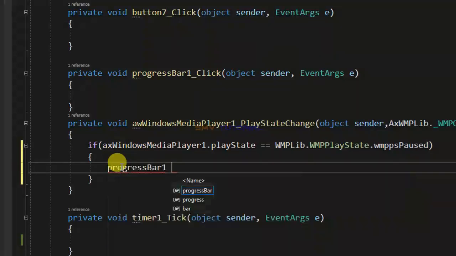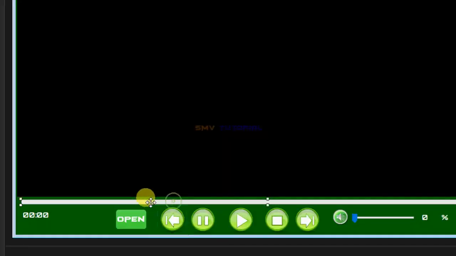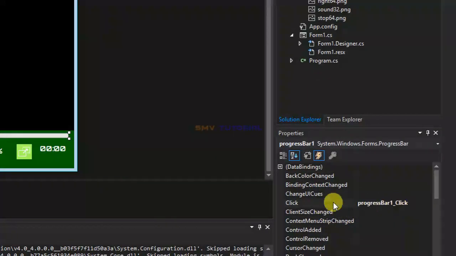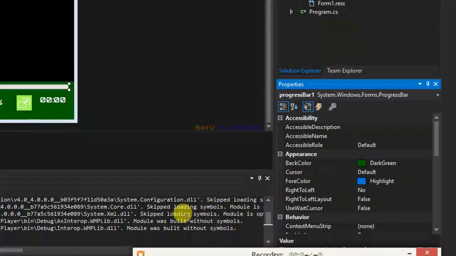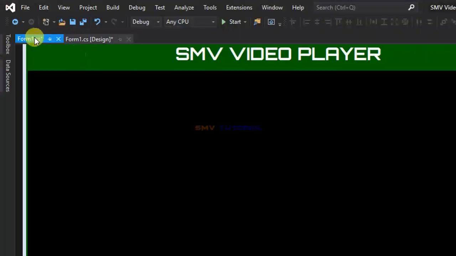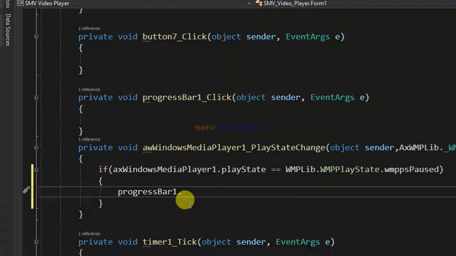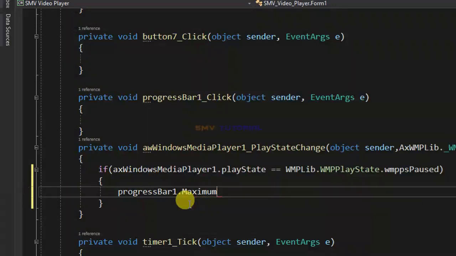progressBar1 dot. This progressBar1 is the progress bar name, so I have called it progressBar1, and Maximum equal to int, open bracket int close the bracket and